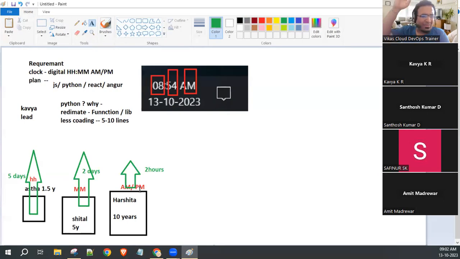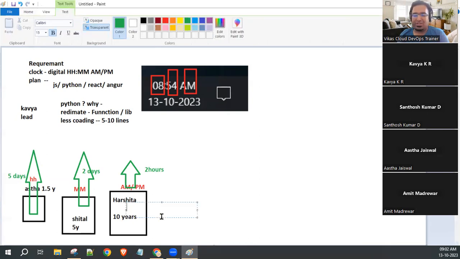No, I'm not talking about DevOps. I'm talking about the general thing. Give me the general answer first. She will be free. She is sitting idle in the office. Unnecessarily, we are giving the salary to Harshita, right? We are not utilizing Harshita's power properly. Harshita's experience, we are not using properly. So management is not good.